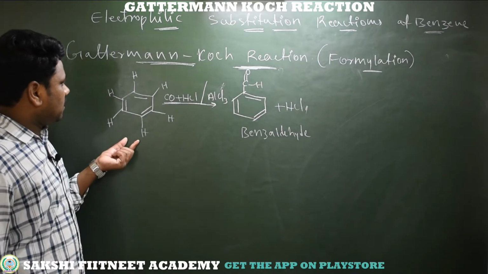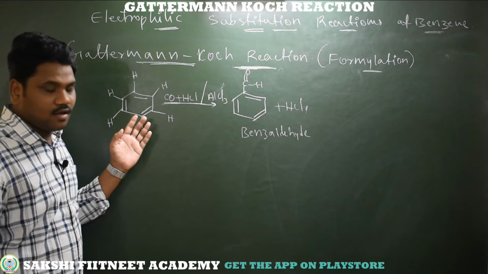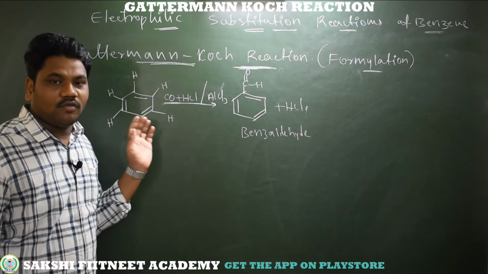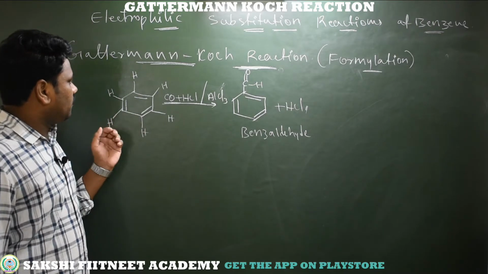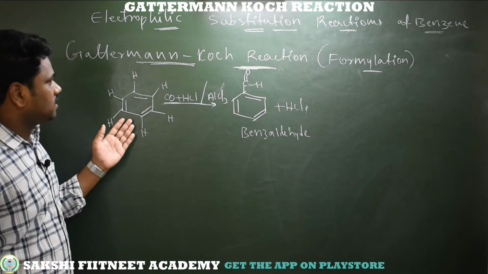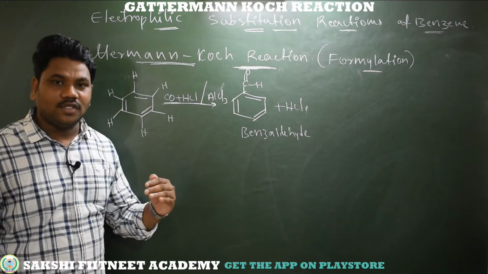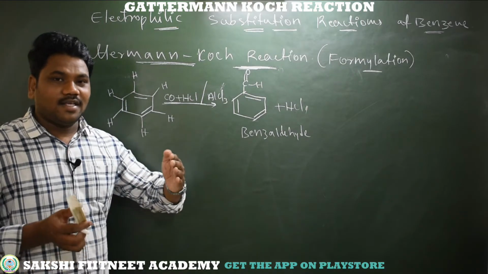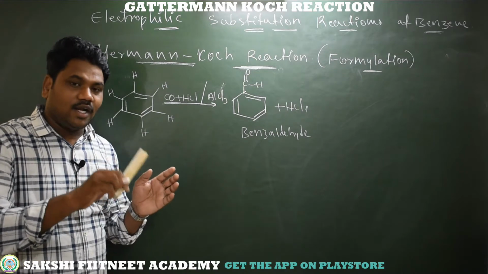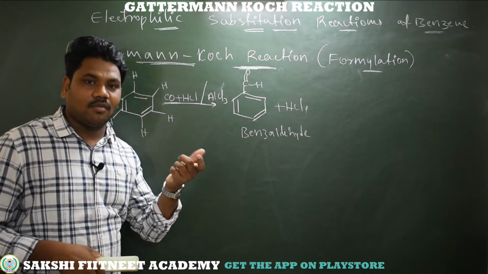Actually this is a benzene ring which has 6 carbons, sp2 hybridized, planar, follows 4n plus 2 equal to pi electrons and n equal to 1, that is Huckel rule. So obviously the ring which follows these rules is called an aromatic compound. So benzene is obviously an aromatic compound. We know unsaturated compounds which are alicyclic compounds participate in electrophilic addition reactions because the double bond is ready to accept positive fragment and negative fragment by converting to positive carbon and negative carbon